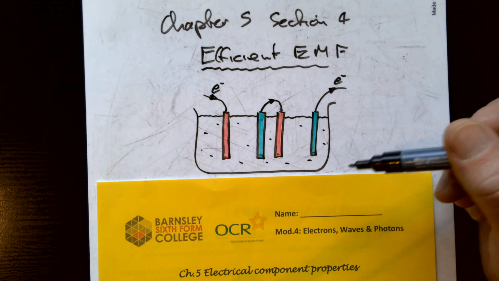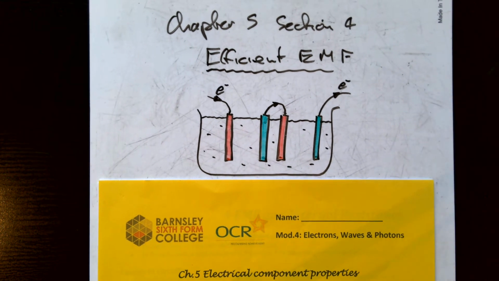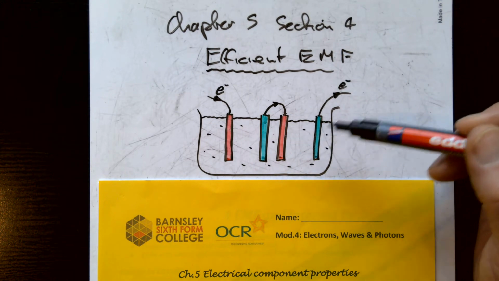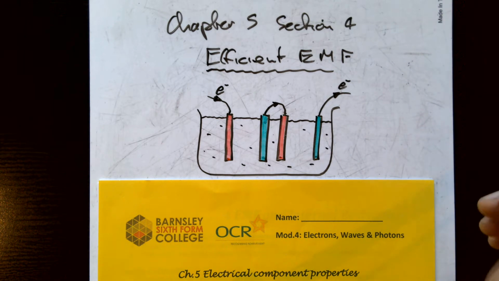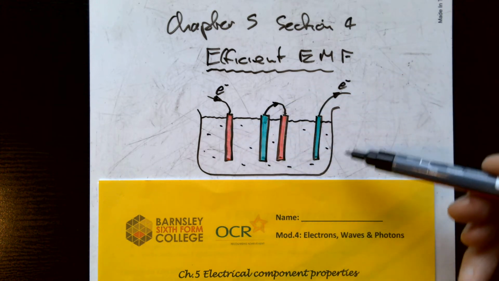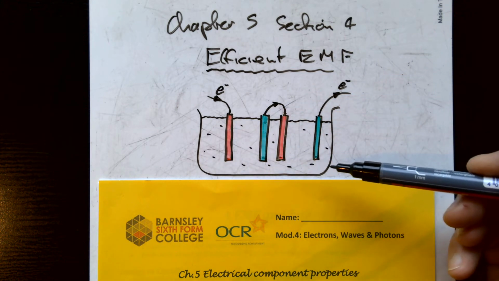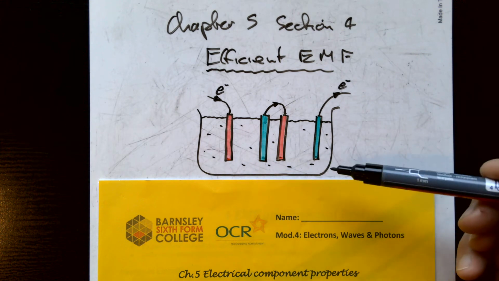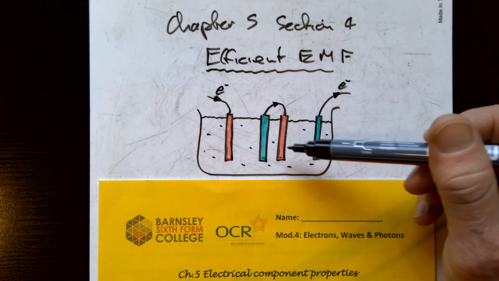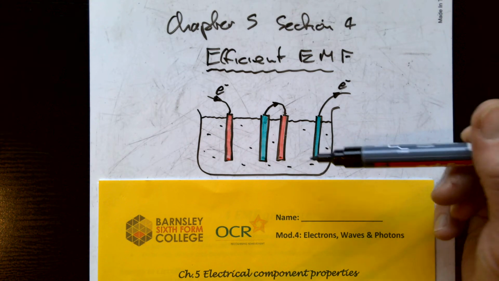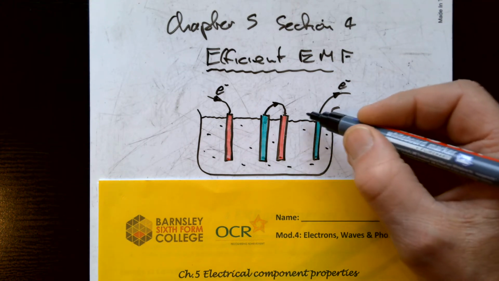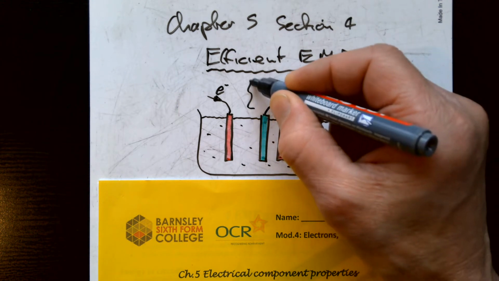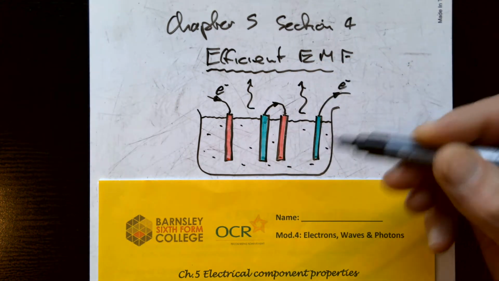So within here, what's going on? Well, we release the electrons, we give them energy. That was our definition for EMF. However, none of it is perfect. Okay, none of this is energy free or energy loss free. So within the bonding itself, within the process of getting them out, it all requires energy to make it happen. So there will be some energy loss that comes out, slightly warming the material, for example,